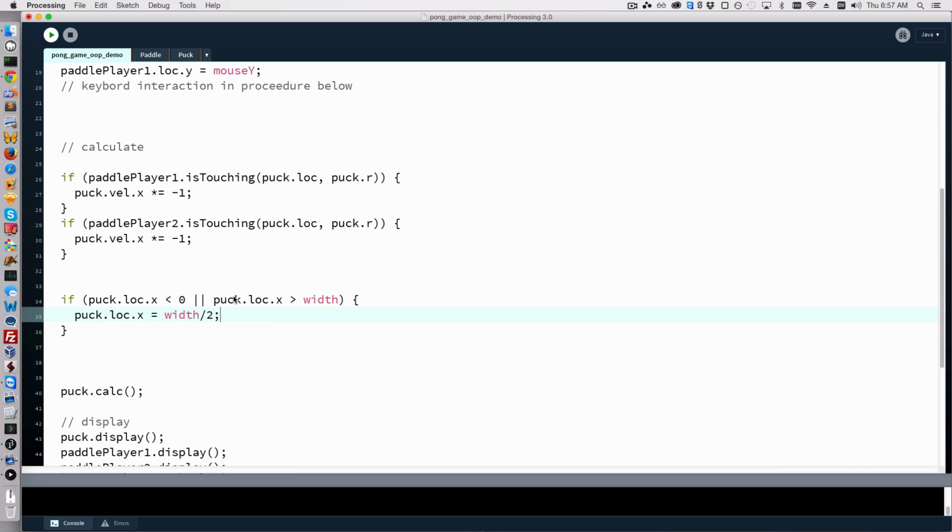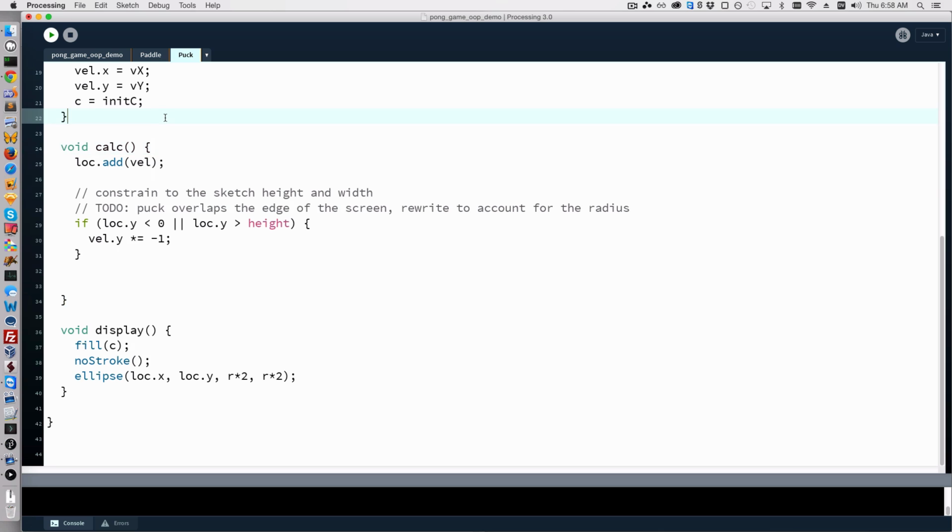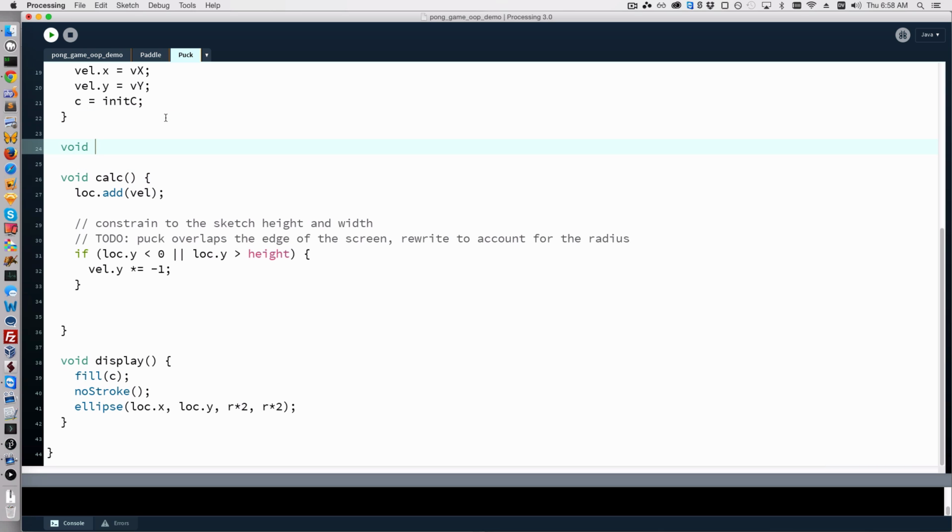And we might just create a helper method for this in the puck. So kind of what I'm thinking is the puck should go at a random velocity, right? That's kind of like how the game works, up to a certain value, which is the top value. And so we'll call this void